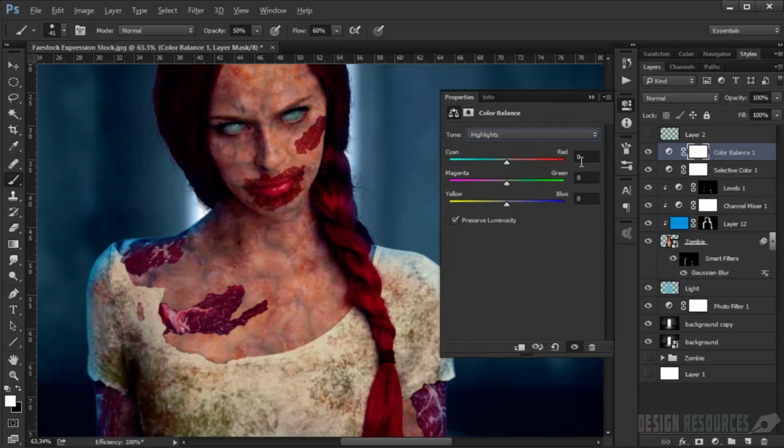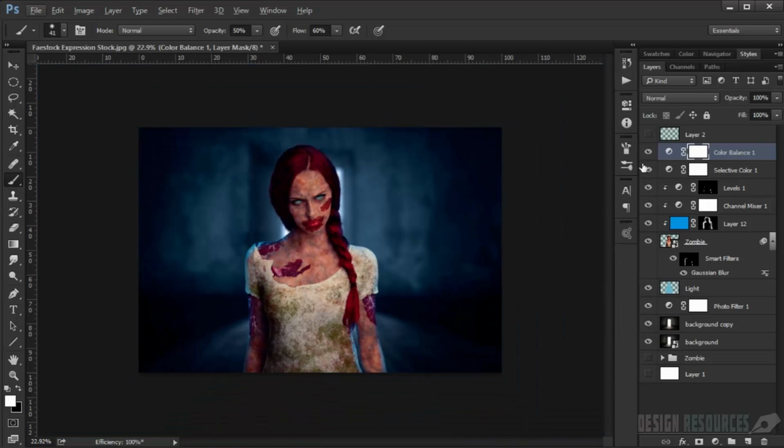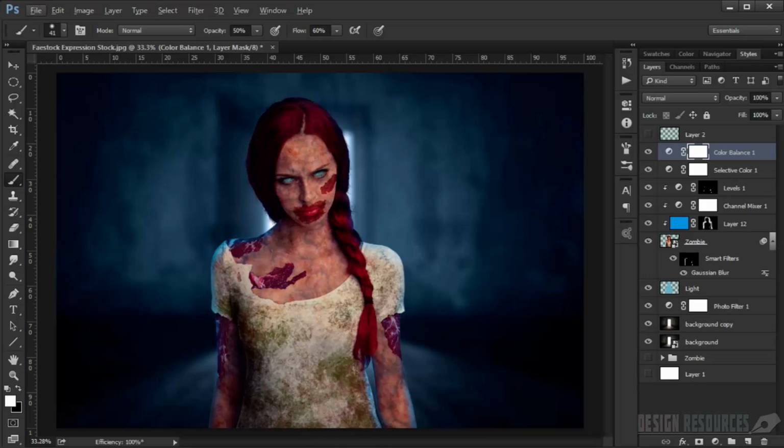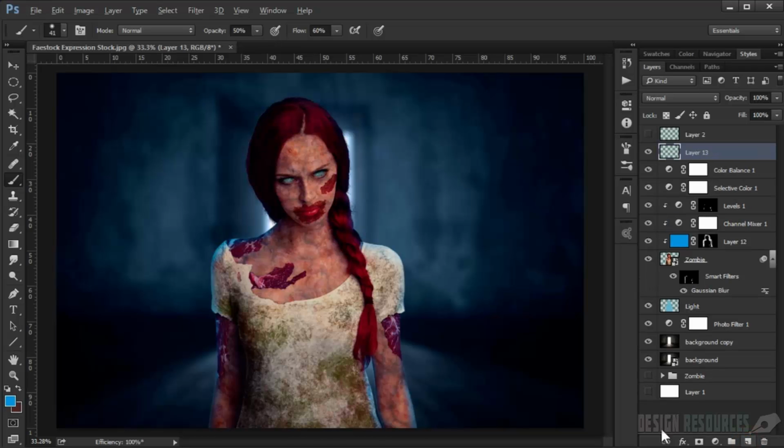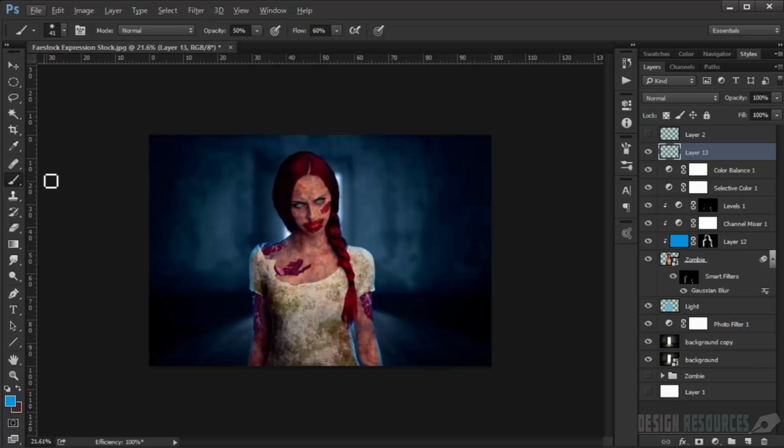Go to the highlights. I will choose -5 for the cyan and the red. For the magenta and the green I will choose -5 too. And for the yellow and the blue I will choose +3. As you can see, it gives it a really cool effect too. Now we'll make a vignette, so press new layer, and I will just